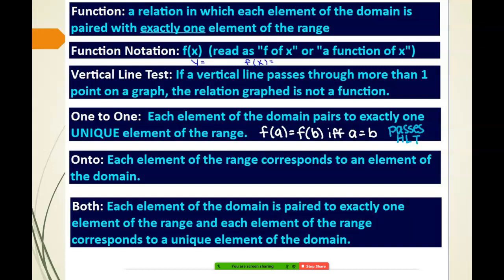So the first definition is a function. A function is a relation in which each element of the domain is paired with exactly one element of the range. So a relation in which each element of the domain is paired with exactly one element of the range. Function notation says that f of x